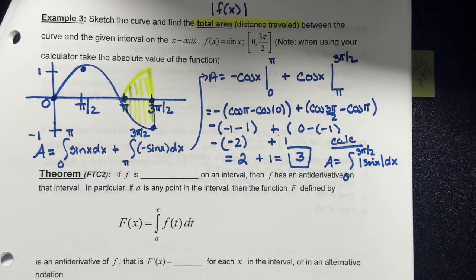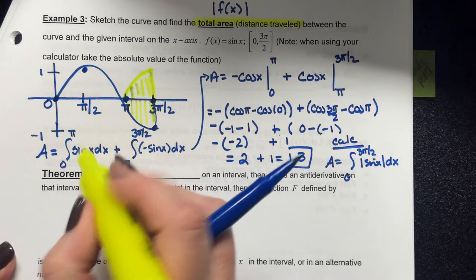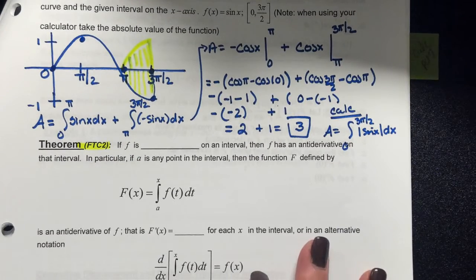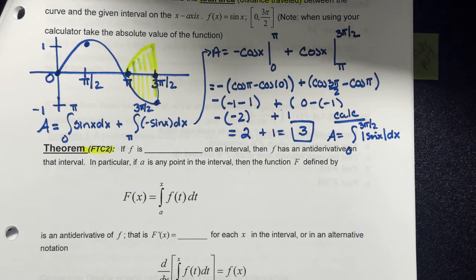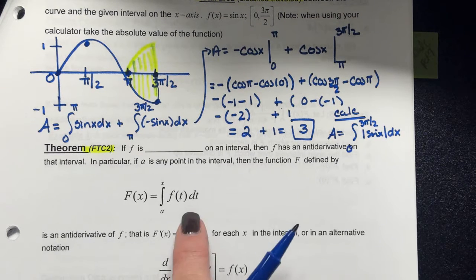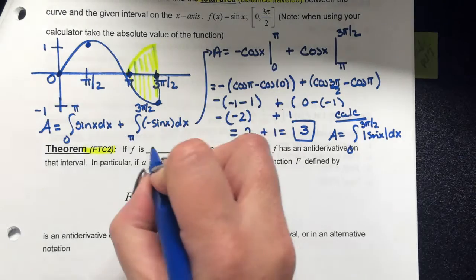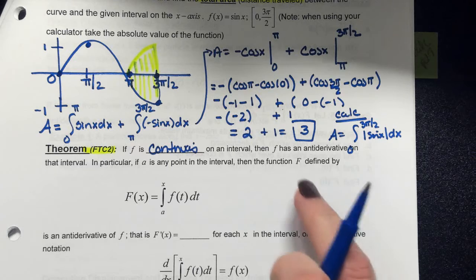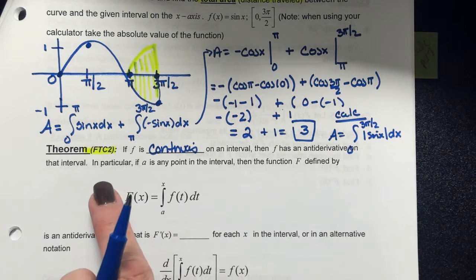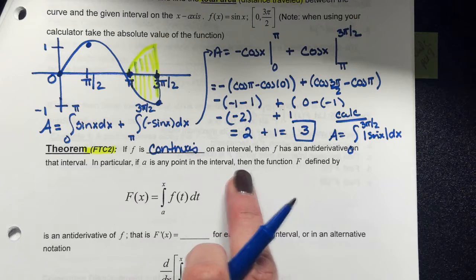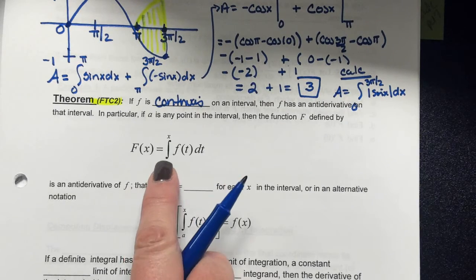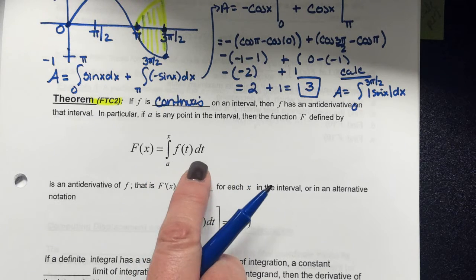So that takes care of the fundamental theorem of calculus part 1. So let's talk about the fundamental theorem of calculus part 2. And this is just really, ladies and gentlemen, making sure you understand the relationship of your antiderivative with f of x. So again, you still have to be dealing with a continuous function on your interval. So if f has an antiderivative on that interval, so in particular, if a is any point in that interval, then the function F is defined by